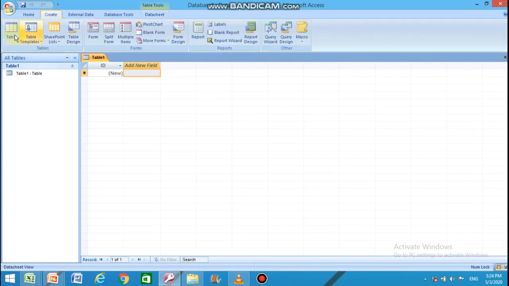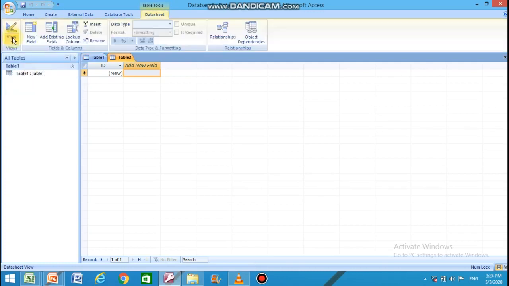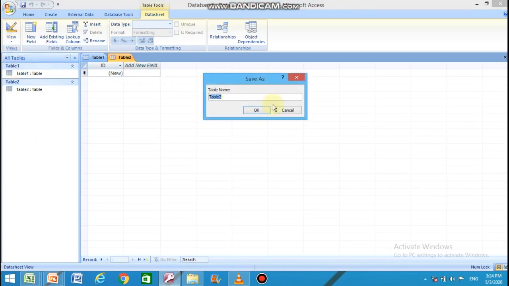Come to the Create tab, the Table option to create a new table. Then select the View tab and click on the Design View option. Give a name to the table, suppose test.